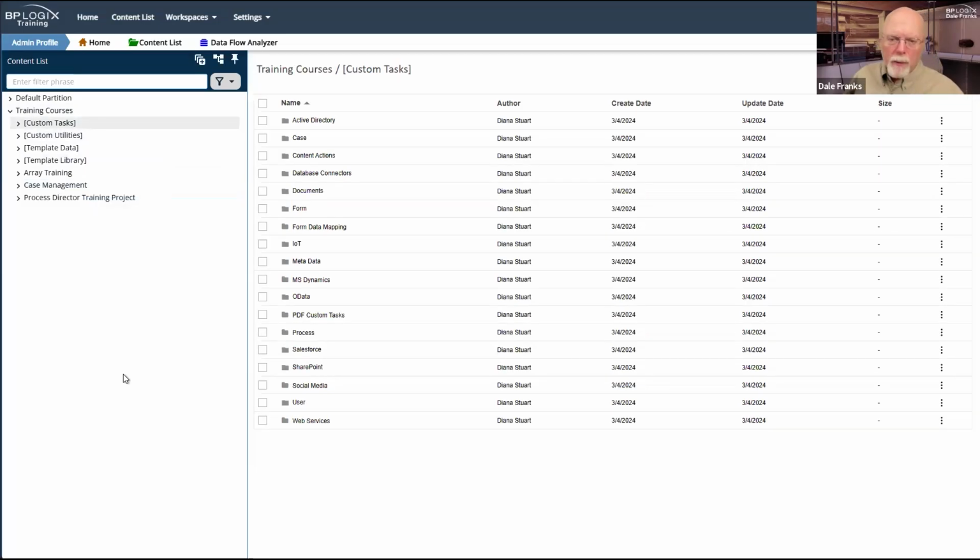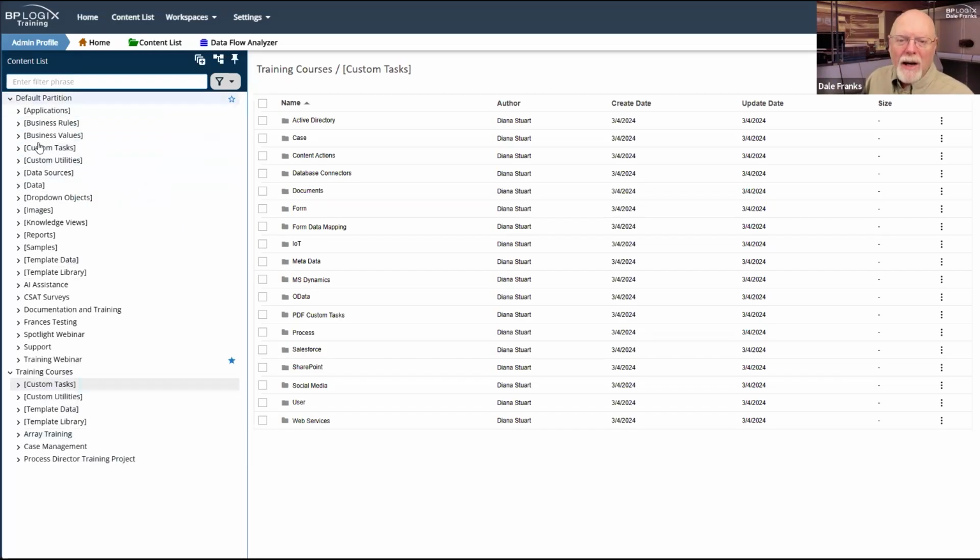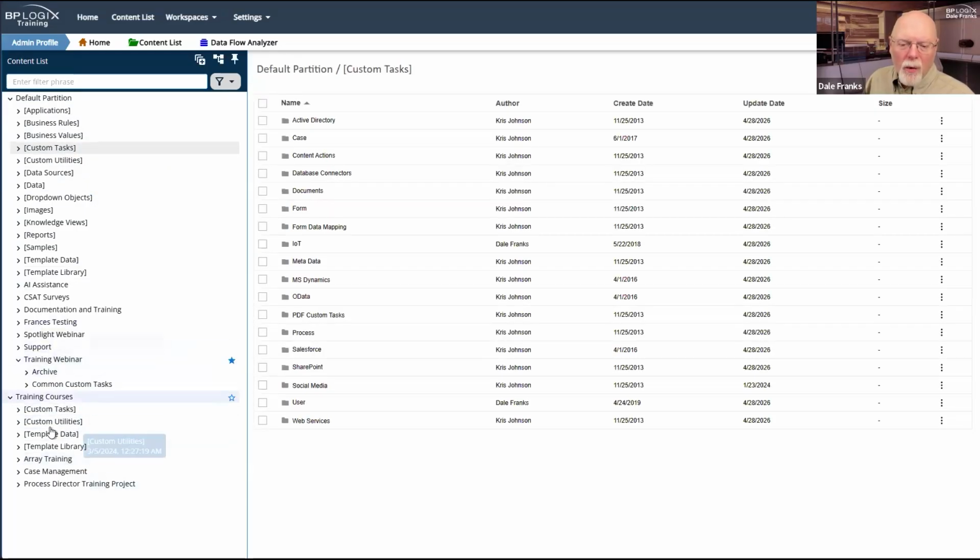If you have multiple partitions, you are going to need to place a custom tasks folder in both of those partitions. And by place the folder, I mean import the folder into the root level of your partition, and it must exist on all partitions. Partitions don't talk to each other. They don't share data. So the fact that I might have a custom tasks folder here has no bearing whatsoever on what I'm doing down here in this partition. Each partition needs to have its own custom tasks setup.